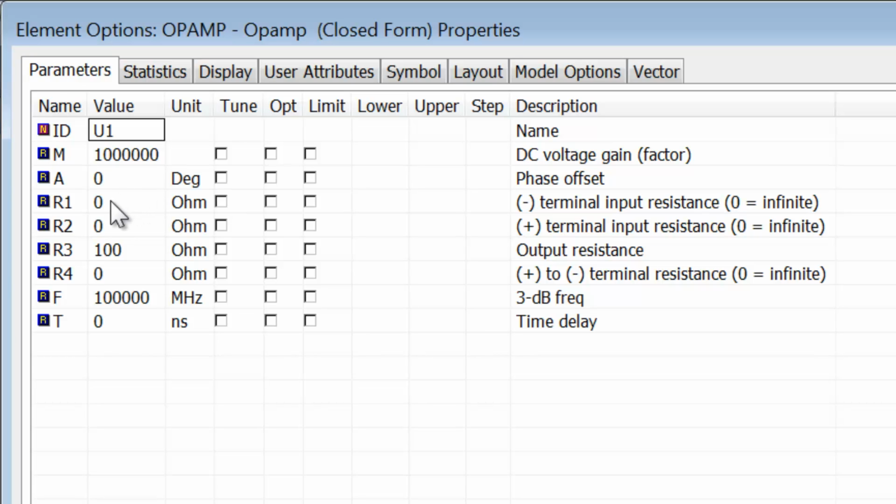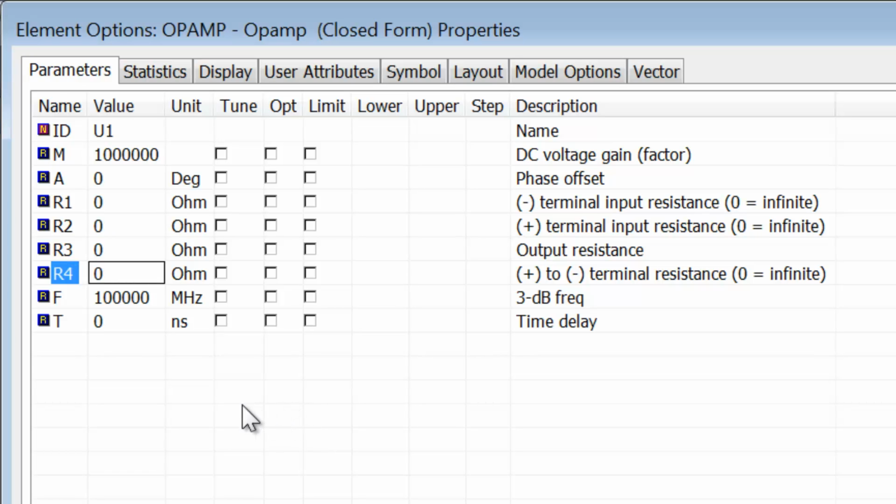We said that we want R1 and R2 to be infinite, so we'll leave them as 0. The output resistance in an ideal case would also be 0, so we can make it 0. And R4, which is our input resistance, is ideally infinite. So when we make it 0, in this case, this means that it's infinite. Also, R3 is the output, R4 is the input, and we get them kind of the wrong way around. So be careful with this. You can see how there are very many quirks to this model, and you've got to be careful on how